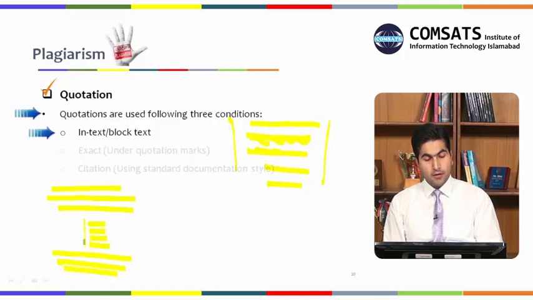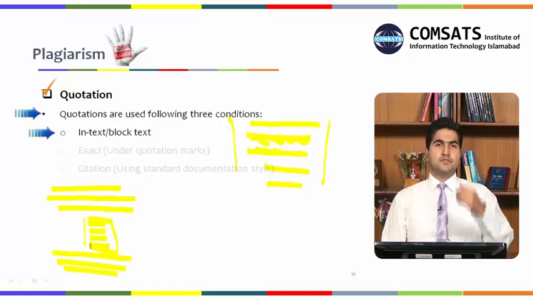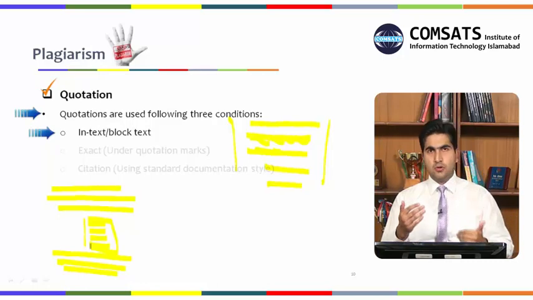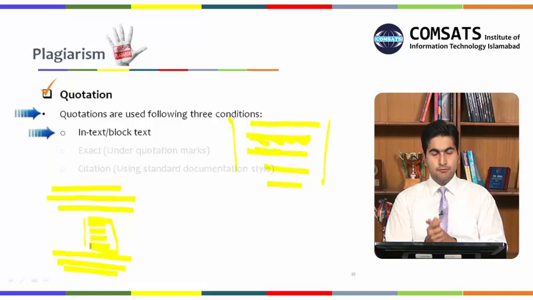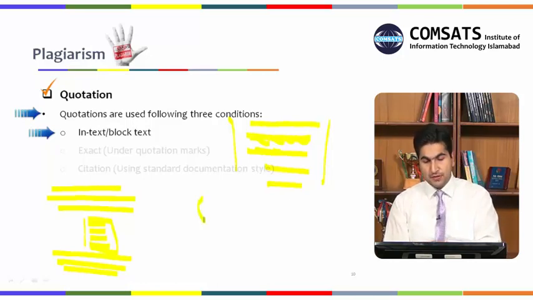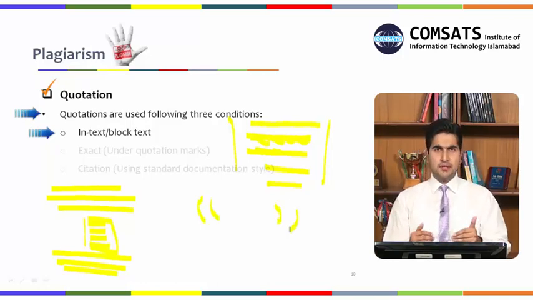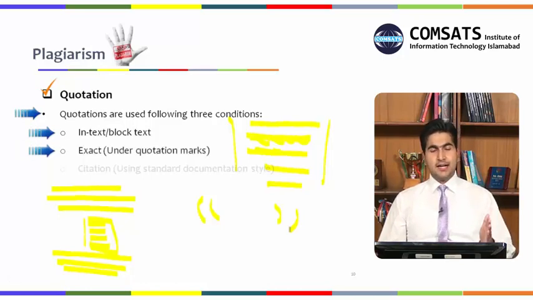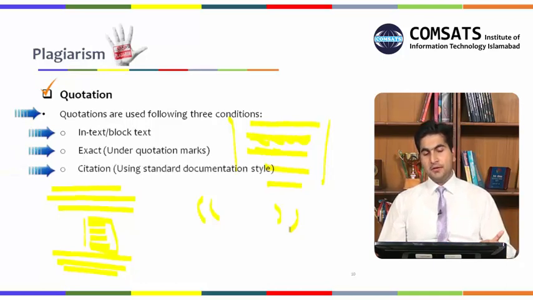So this block form, because of course this code is a bit long, so this is also a block text format which is followed in different referencing styles. Of course this text or the quotation is written separately. Of course it's a quotation, so it will come under quotation marks. These are the quotation marks in which it's written. So this is basically the difference of writing within the text and out of the text in the form of block. Then it should be an exact form, just as I have written under quotation marks, and then citation under